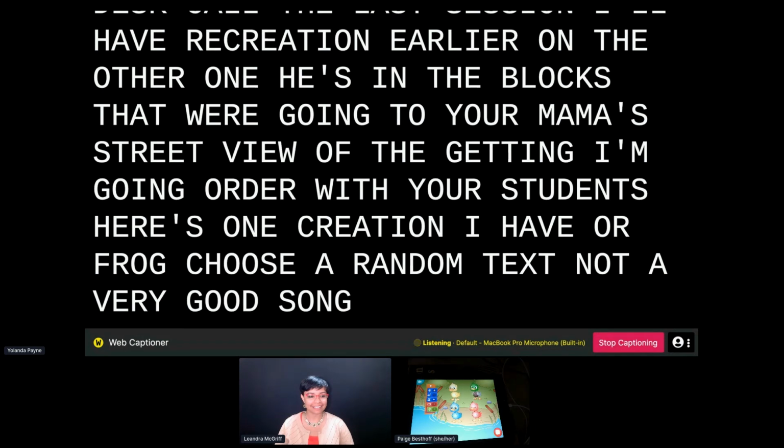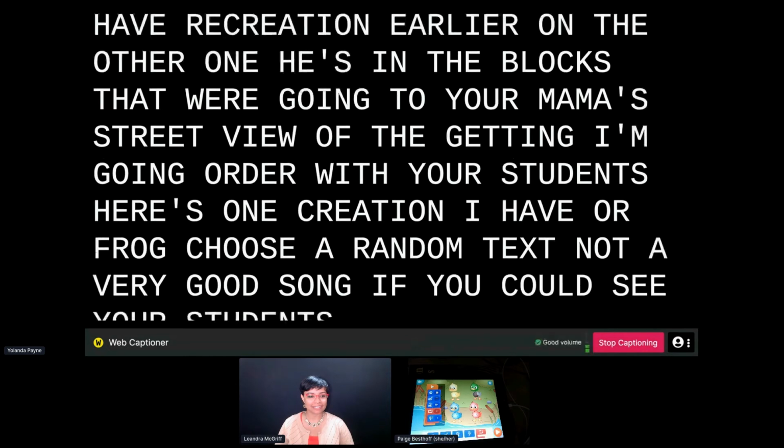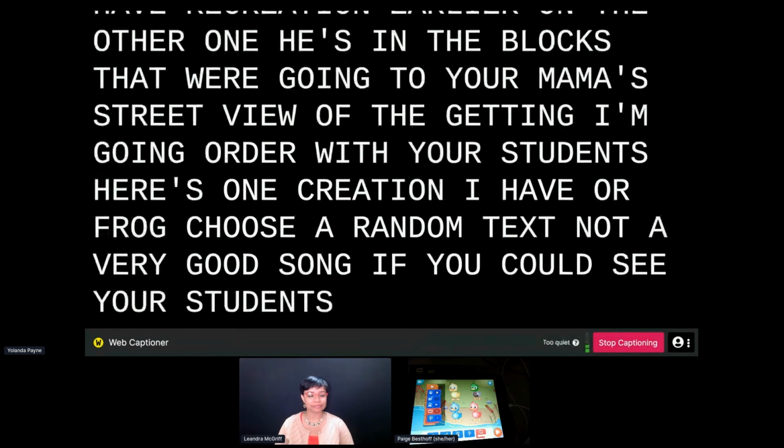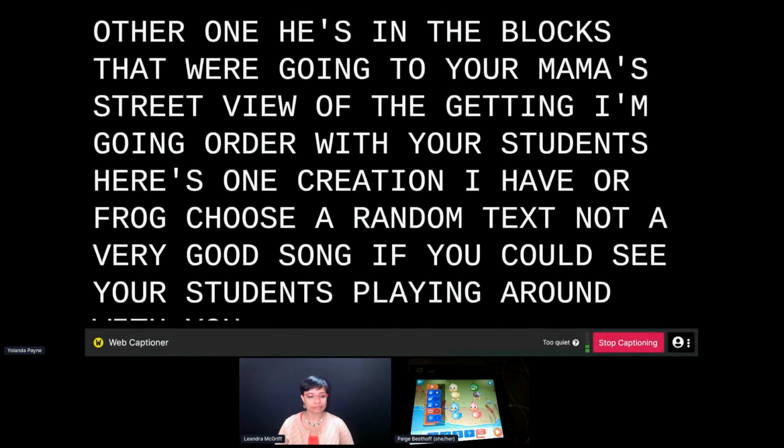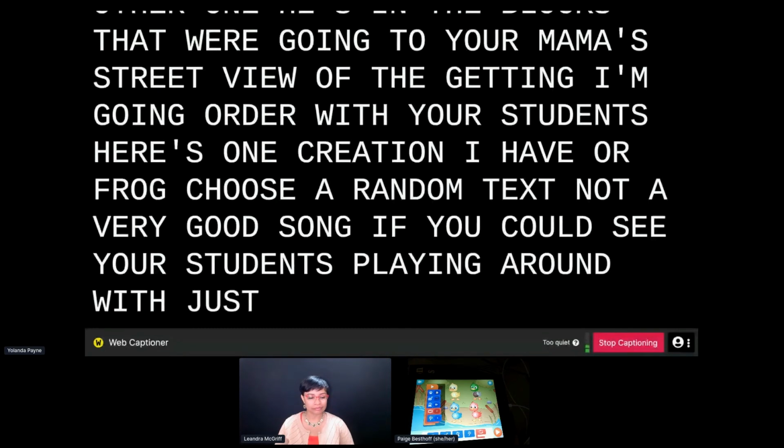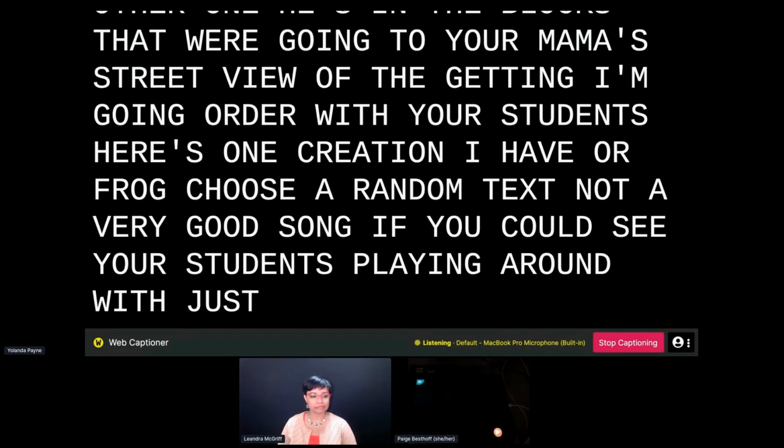So, as you can see, your students could spend an entire class period playing around with just this one part, because there's just so much for them to play around with. So this is just one example. I'm going to go back to Barbershop Bayou, the octopus, so that you can see one that I've already created.